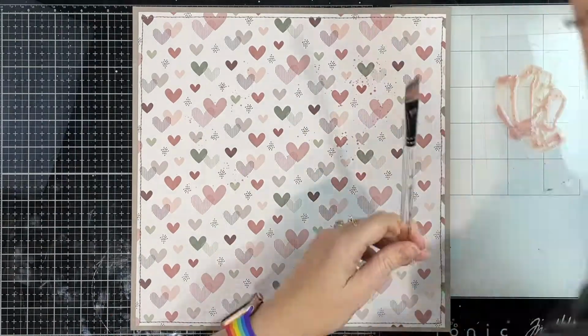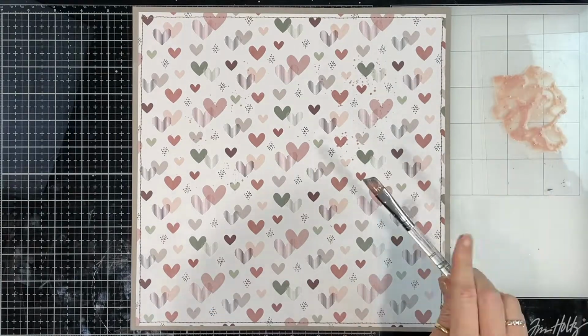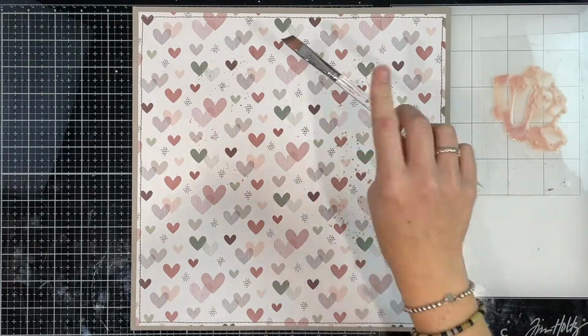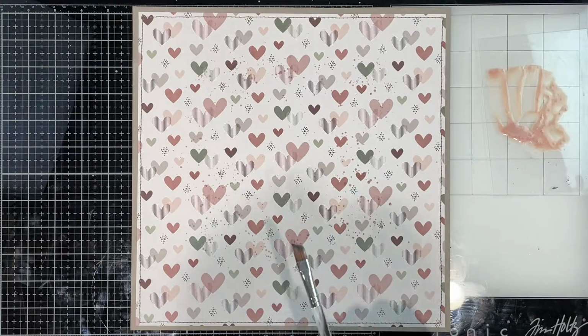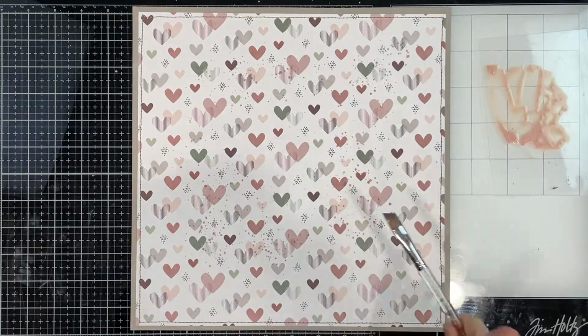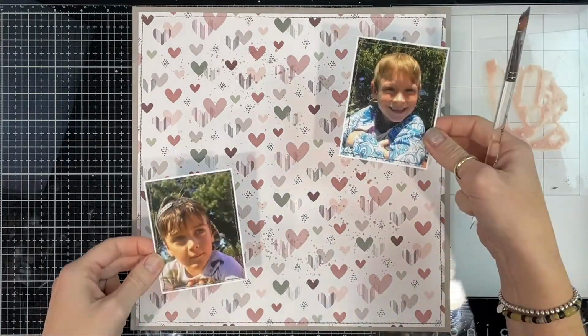page here. I am using the My Person collection. I love this collection so much, so I was very excited when I was like, I know what collection I can use for this. And I've printed, actually I already had this background printed, and then as I was going through my cardstock stash I found this perfect,